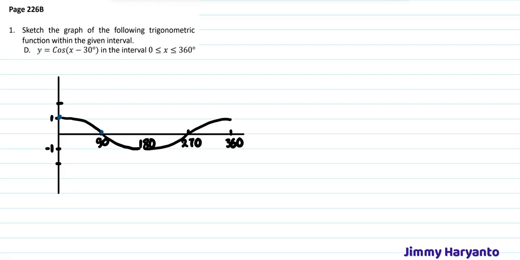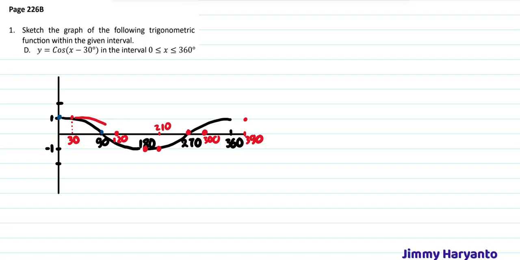And then next is cos x minus 30. Minus 30 means shift 30 units to the right. So this point has x equals 0. That means it will become 30 later. So 30, 1. For this one, the value of x is 90. It will become 120 later. And this one is 180, it will become 210 later. And then this one is 270, it will become 300, and this one is 360, it will become 390. And the points will be right there, right here, and then 210, 300, 360.